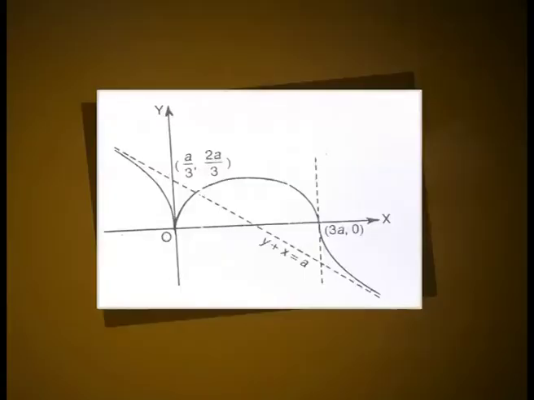When x increases beyond 2a, y will constantly be decreasing. y = 0 for x = 3a and is negative for x > 3a. We now consider the negative values of x. If x is negative, y is positive and constantly goes on increasing as x increases numerically, that is, x varies from 0 to minus infinity. Also, x + y = a is the only asymptote of the curve. Taking all the above facts into consideration, we see that the complete curve is as shown in figure 4.